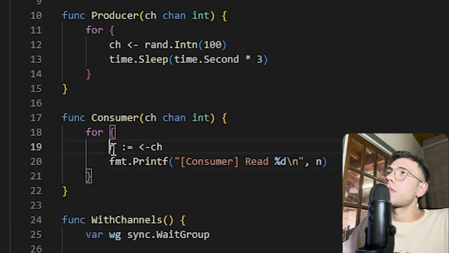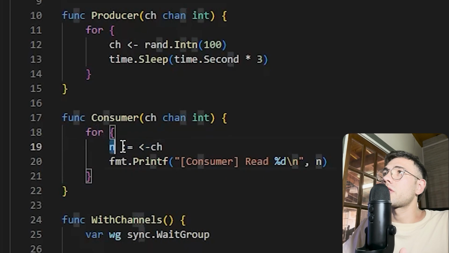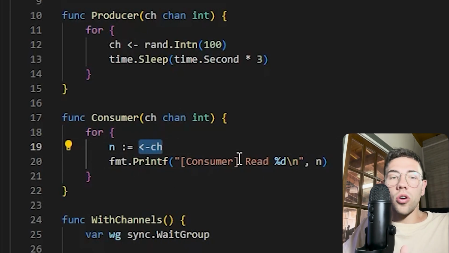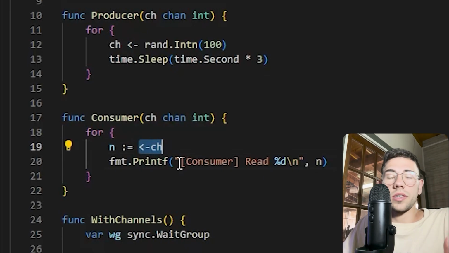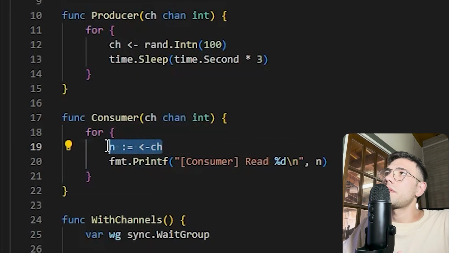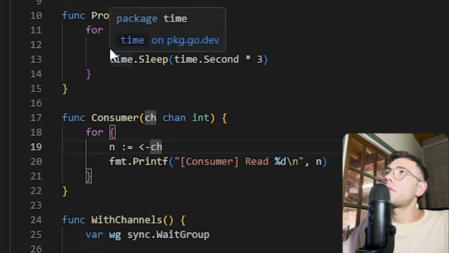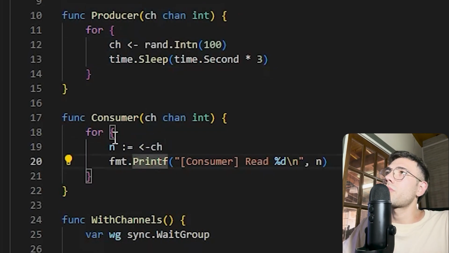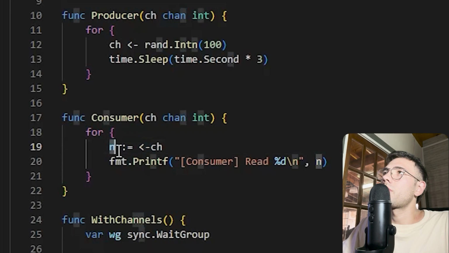And the consumer will create a variable n with the value from the channel. So here we are waiting. This consumer function will be blocked if there is no content inside the channel, until the channel has something. When the channel has some integer, we create this new variable n with the value that we get from the channel. So for example, if the producer function produces a number 5 and puts it on this channel, this consumer will read that number 5 from the channel and put it here in the variable n,